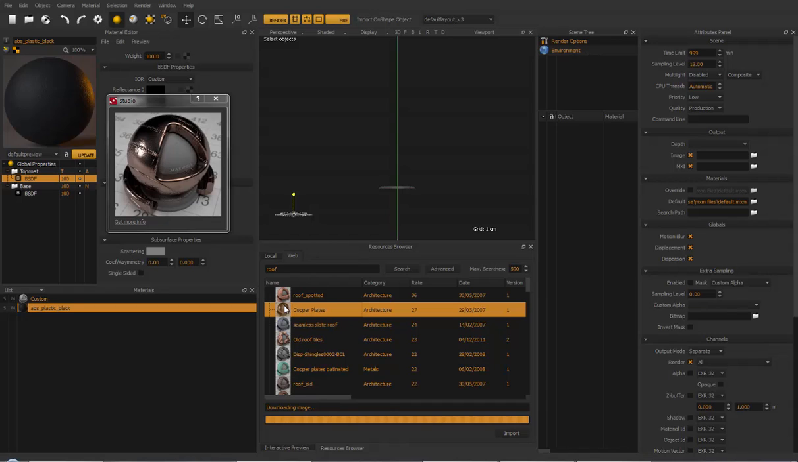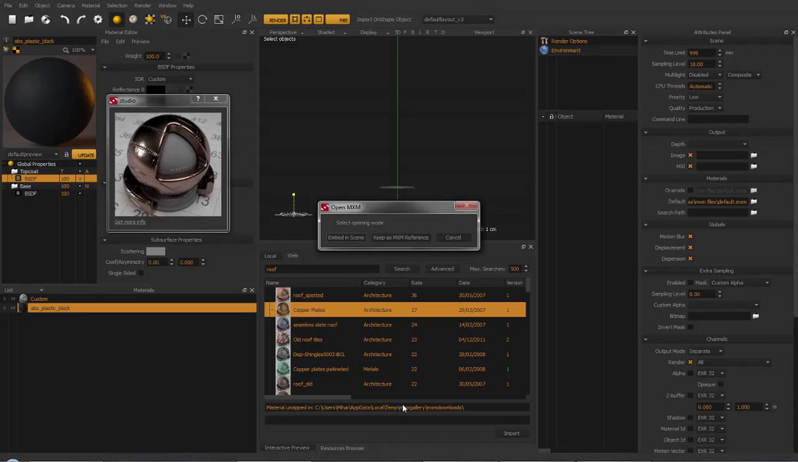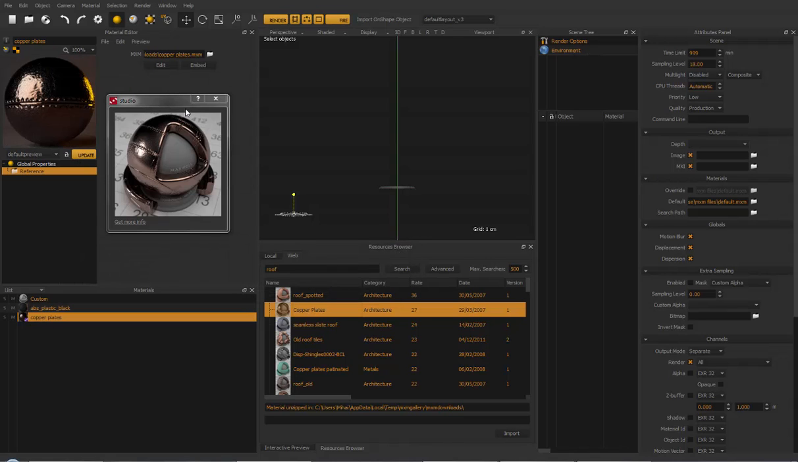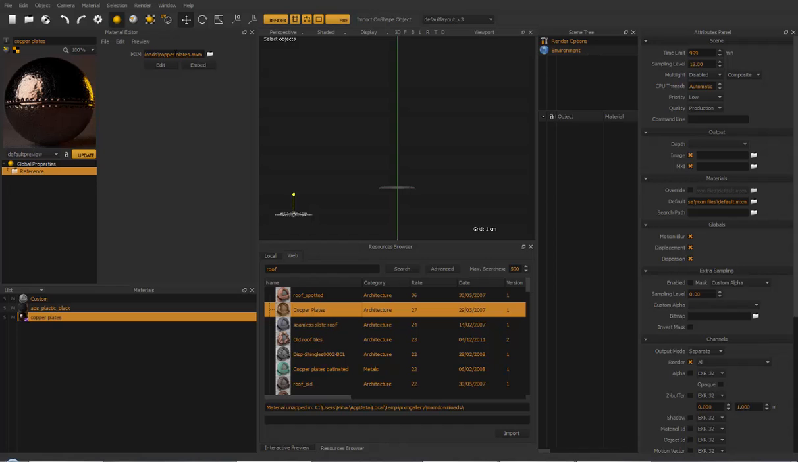So if I just simply drag and drop it again, either in the material list panel or on an object, it just downloads the material, unzips it automatically, and asks you again, do you want to embed it in the scene or do you want to keep it as an MXM reference? Again, if I choose to keep it as an MXM reference, the path to the material will be